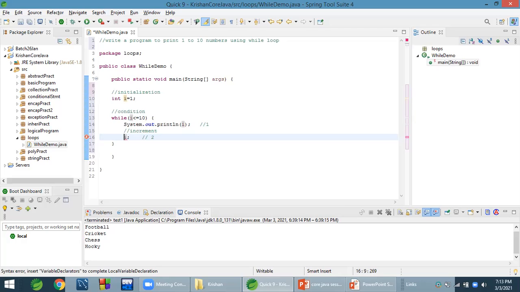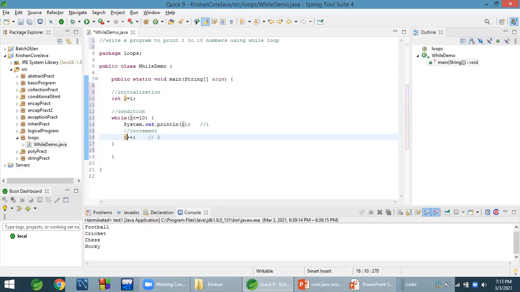There are also pre-increment and post-increment operators. ++i is called the pre-increment operator, and if we put the plus plus after the variable, we call it a post-increment operator. The difference between these two is that with pre-increment, it increments first and then does all other activities.